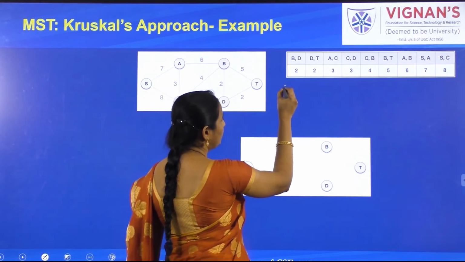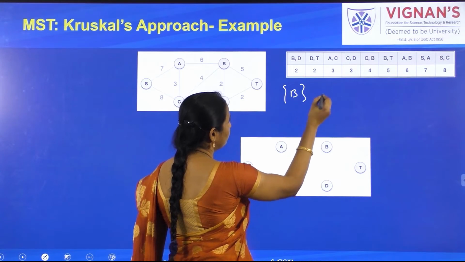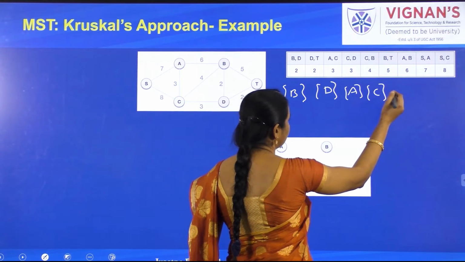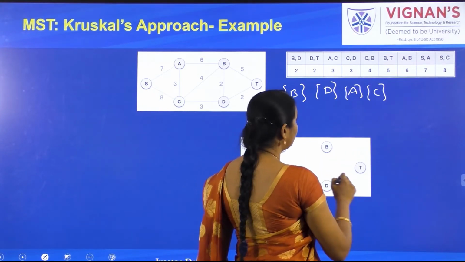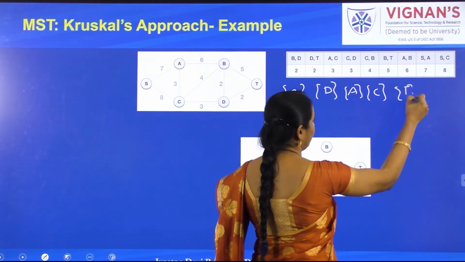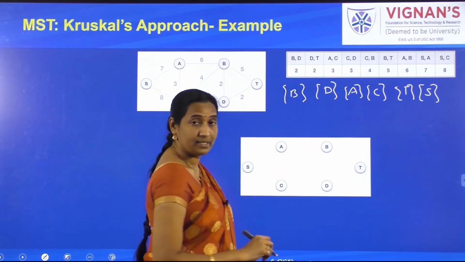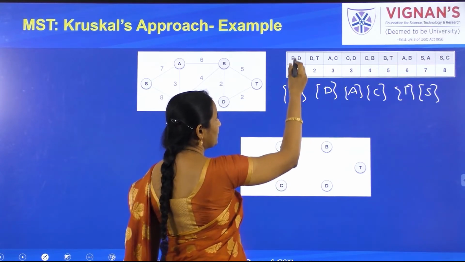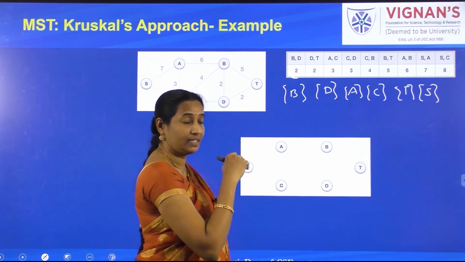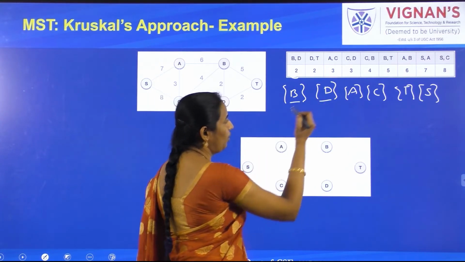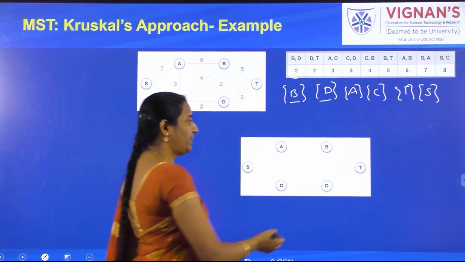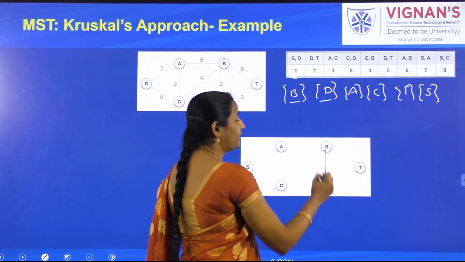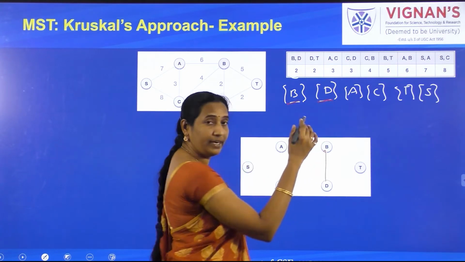So you need to form the disjoint sets for every vertex. So A, B, C, D, T and S. So these are the 6 sets that I have considered initially, and now the edges are already sorted. So first I consider this edge uv, that is with the weight 2. So BD, of course, they are belonging to two different disjoint sets. So I can very well add them, right? So BD I can add. And now after adding them, because they are belonging to different disjoint sets, I am adding them.